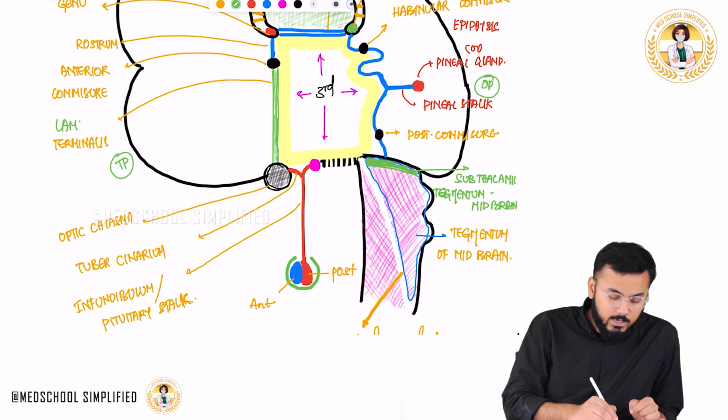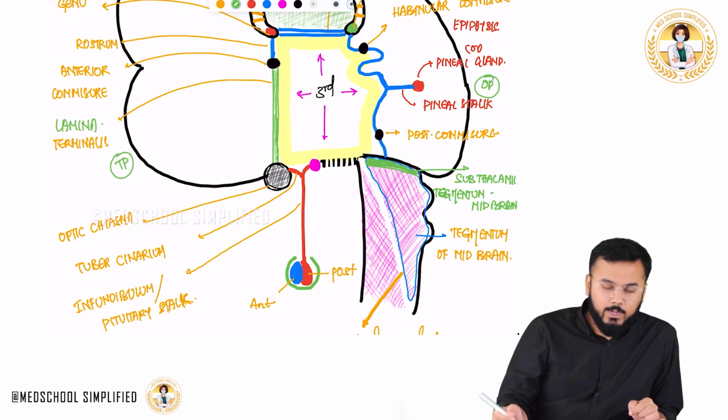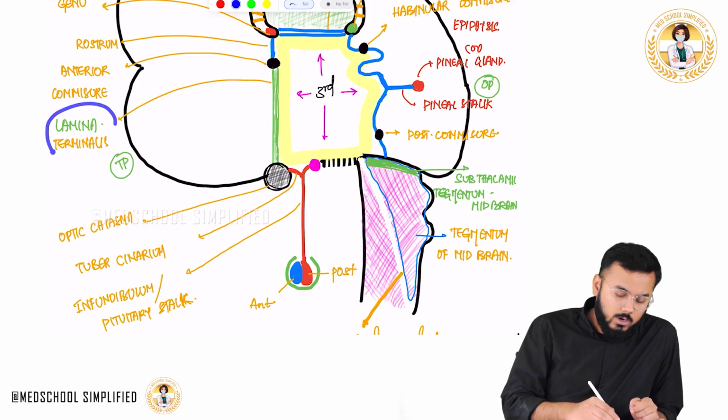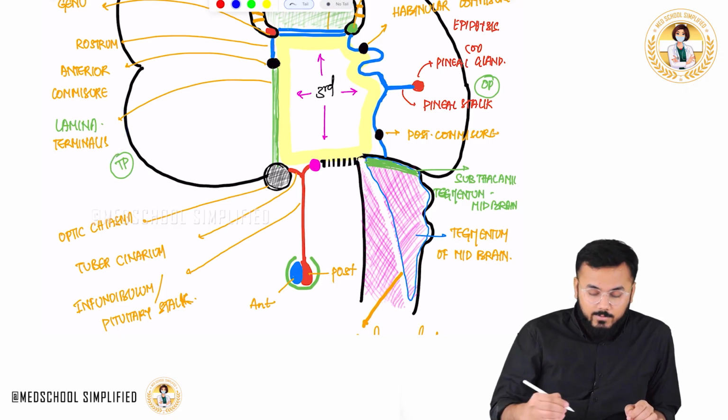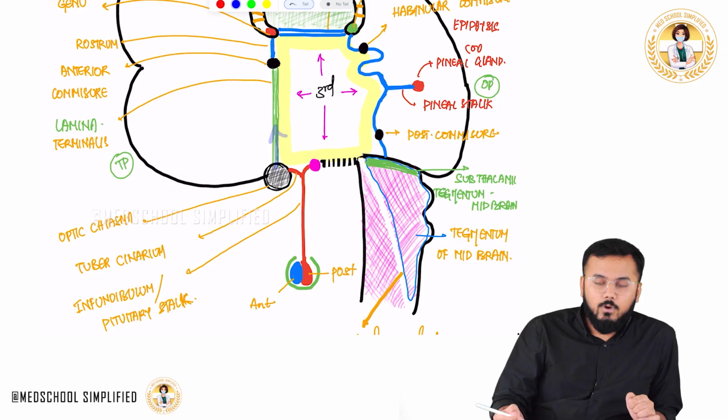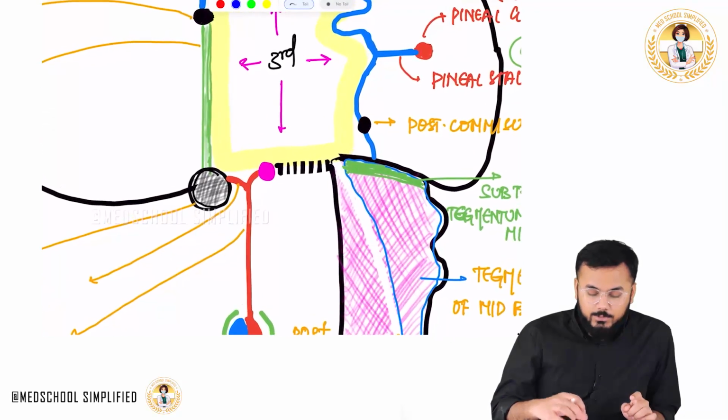So this is your lamina terminalis. Okay, so this structure over here is called your lamina terminalis. Where is it located? It is located on the top of the optic chiasm. And if you very carefully observe here,